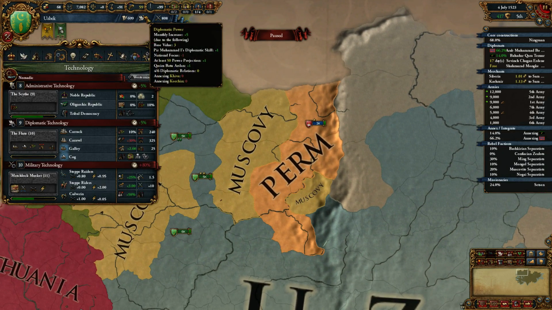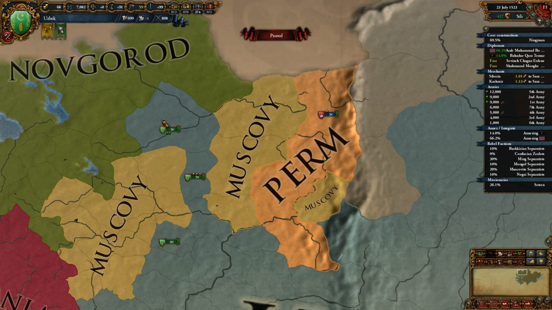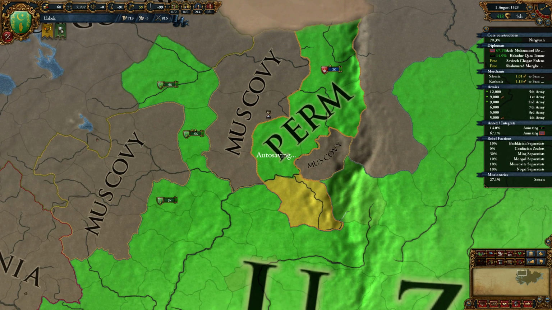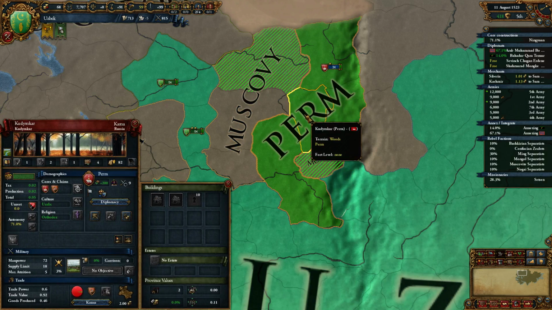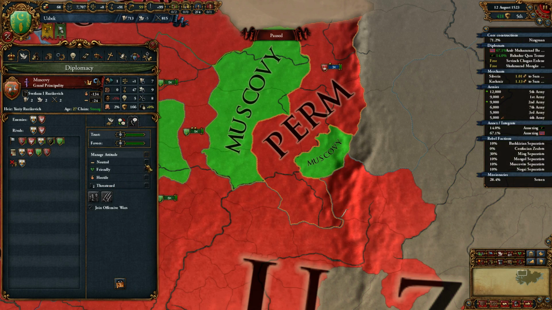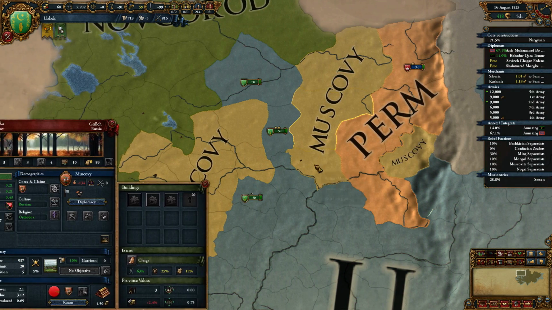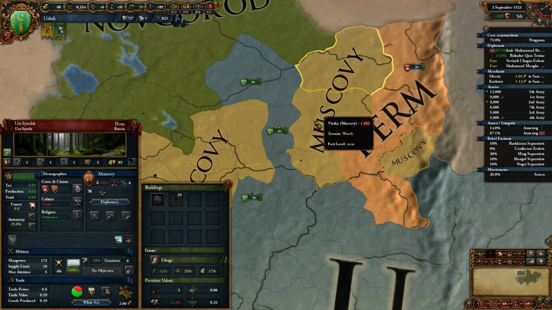So we actually are spending... Well, we're trying to spend quite a bit. More than we generate. That's a good problem to have. That's unusual. Well, I think that we can hold off on the Perm integration for a little while. Especially because, you know what? Let's tell them that we don't like Muscovy. Let's set them to hostile and get Perm fabricating some claims. I mean, it might help. I'm still planning on just taking the land and razing it, but...